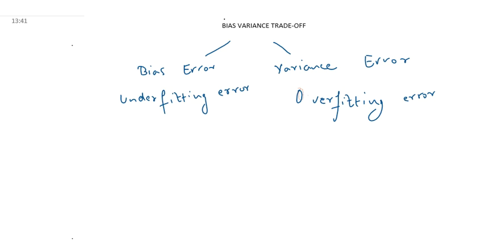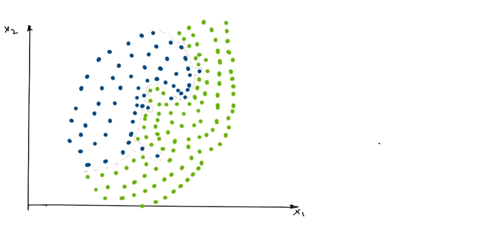Let me explain that diagrammatically. In this particular case, where again blue and green classification was required, a model has been created by this pink line. This is model M. This model is capturing the pattern exactly. A single outlier was there, and that pattern was also captured. Then here also. This is a pattern that had to be captured, and this is fine. But this is clearly an outlier, and these two points are clearly outliers.